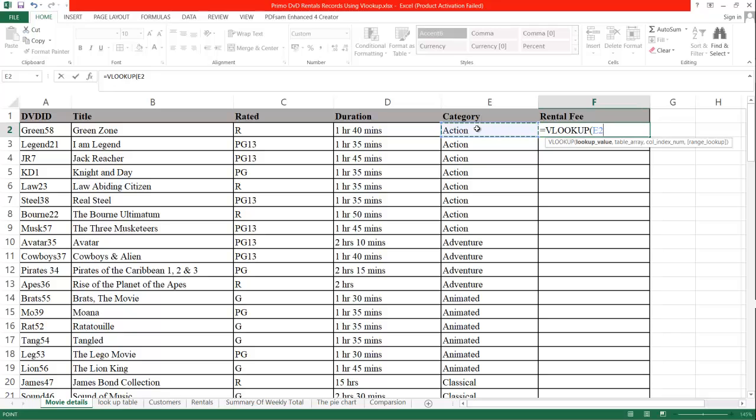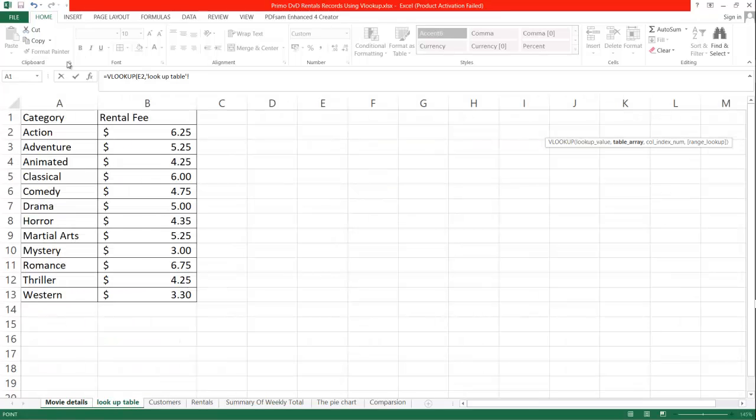In our case, we're looking for action, because we want to find out the rental fee of an action movie. So observe that I selected cell E2 in the movie details spreadsheet, and